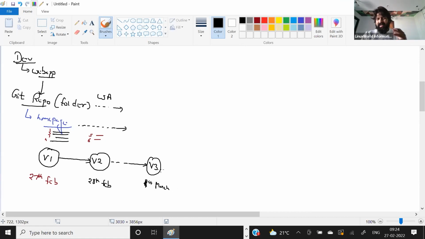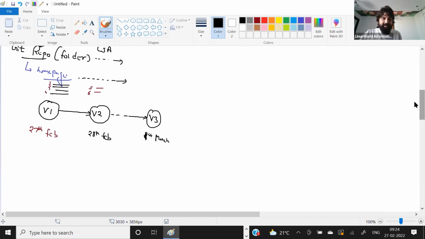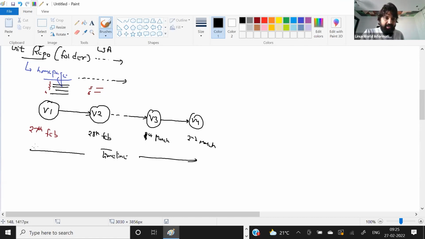So it again looks something like a timeline. You can visualize this concept as a timeline going on, right? So this is the entire timeline of your repositories in the context of commits. Okay, let me do one more. V4 on 2nd of March, we created one more version. So the timeline is going on, right? Now the point here is, at this point on 2nd March,